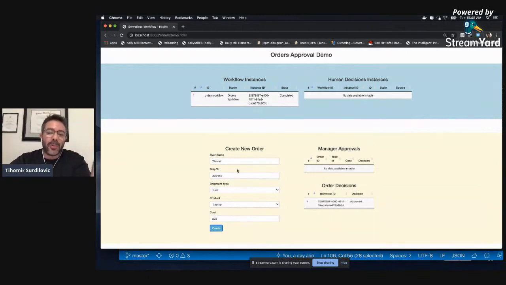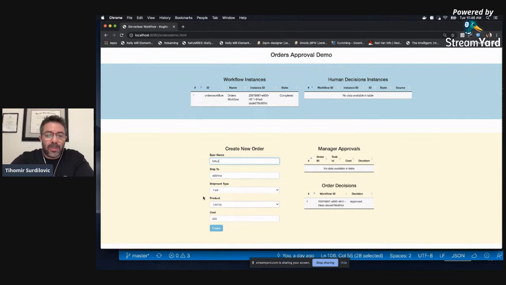But basically, anyways, when we created the order through the UI for $200, we've seen that we have started here. The Kogito runtime has created a runtime event which says, okay, we have a workflow instance. This is the instance ID, and it has completed. Why? Because the business rules have said this cost we can auto approve. And we can see in the final order decisions that the decision of the orchestration was to approve the order.